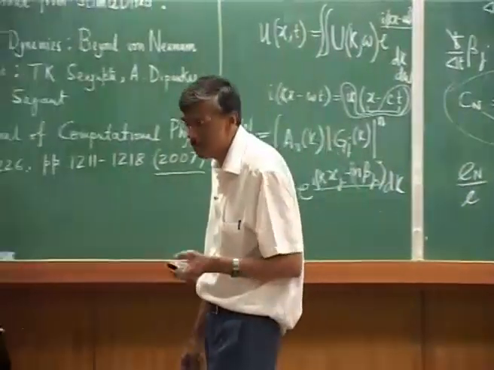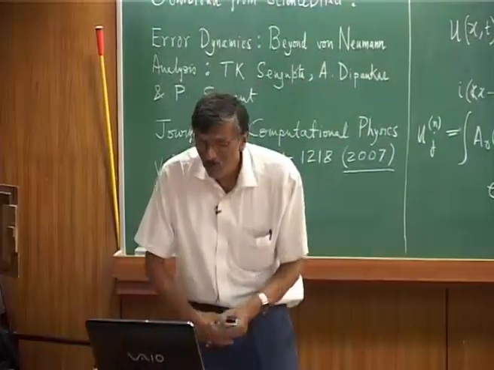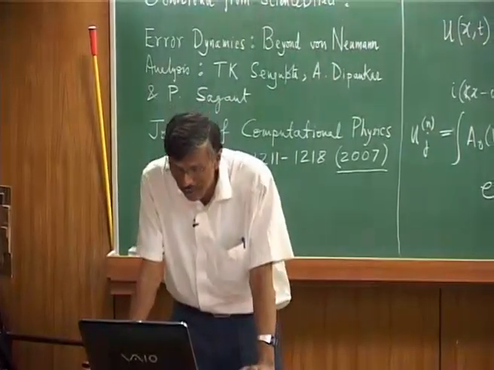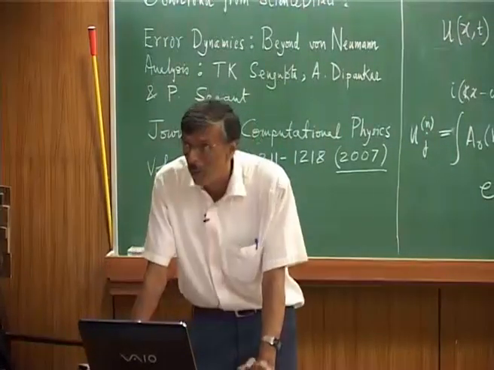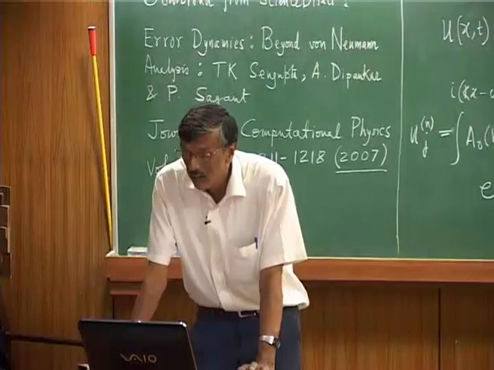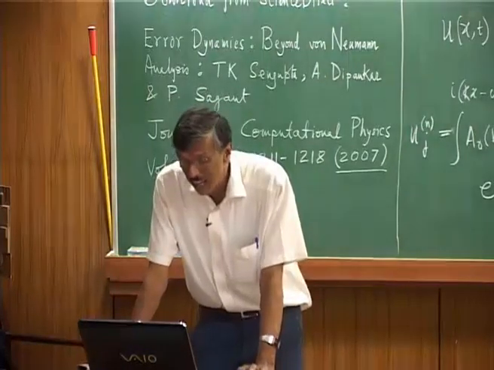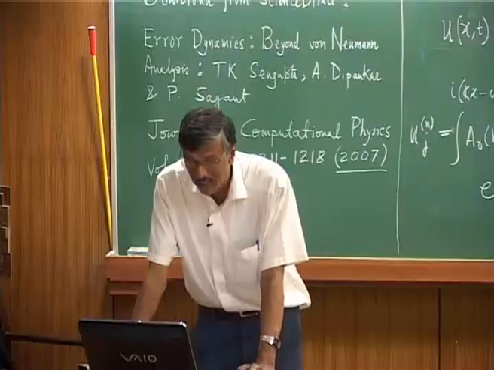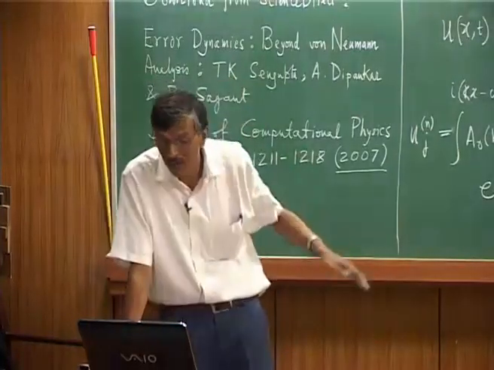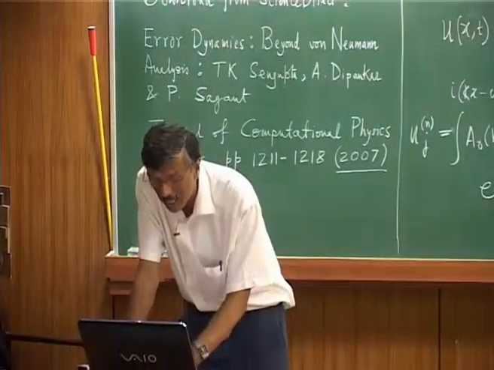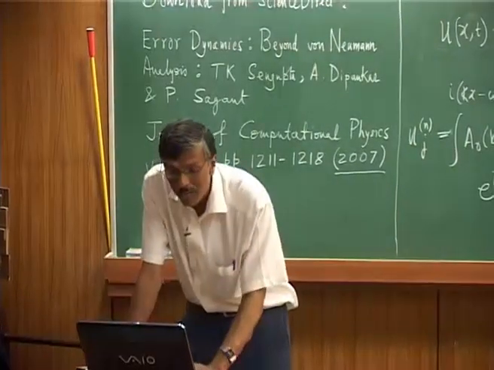So, I think we would conclude here. I still have not told you about the error analysis part, which will come a little later. Please download this paper and I will come back to it shortly, but let me now